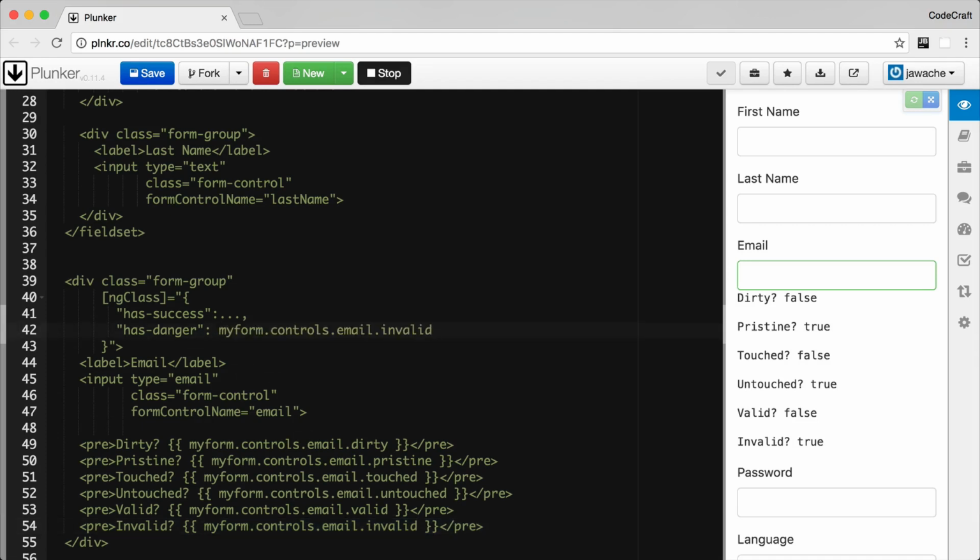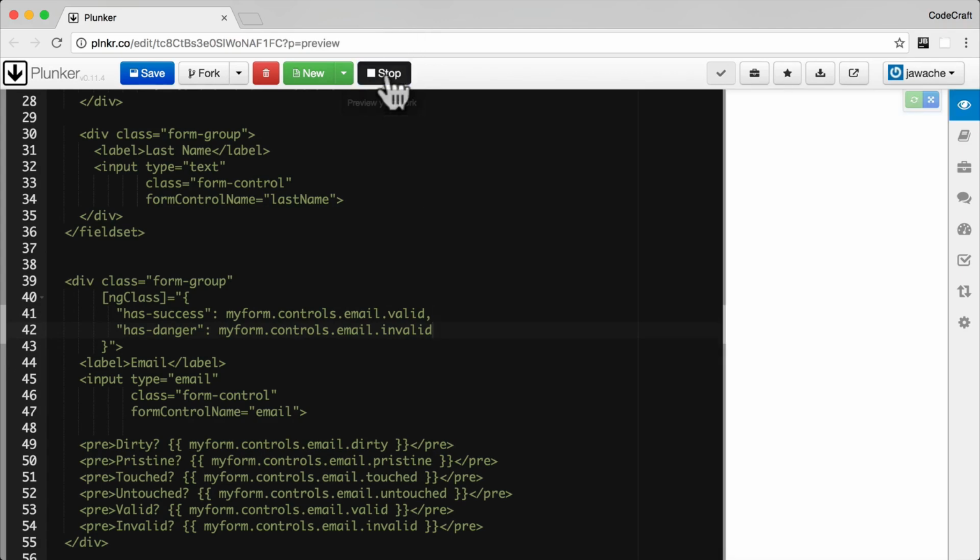So hasDanger is when the form field is invalid, and the opposite is for hasSuccess at the top. So I would want to show hasSuccess when the form field is valid. So I want to show hasDanger when it's invalid, and hasSuccess when it's valid. So now if I rerun the application,